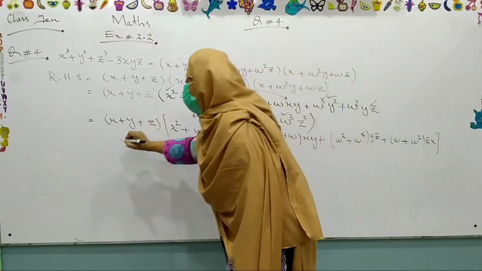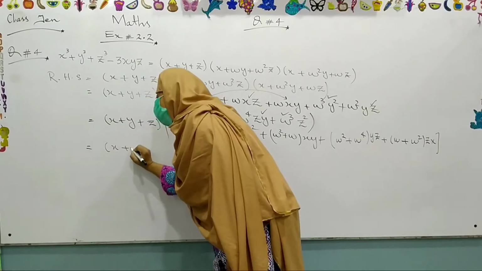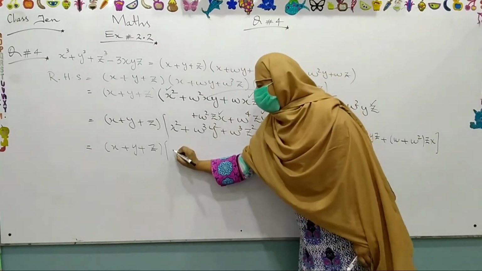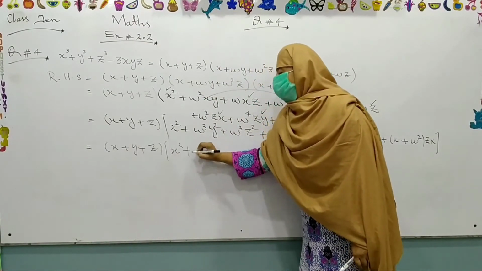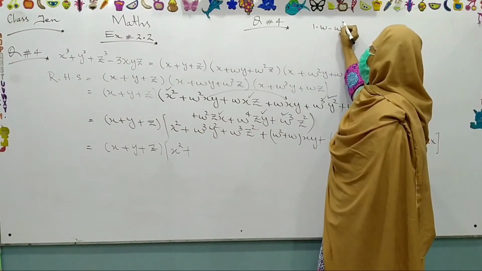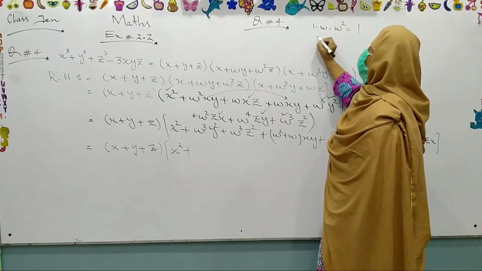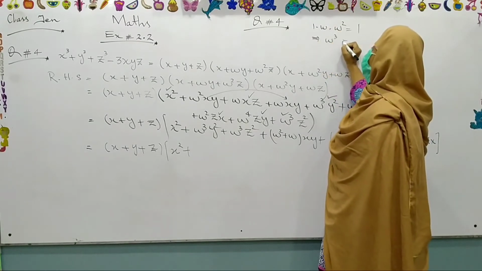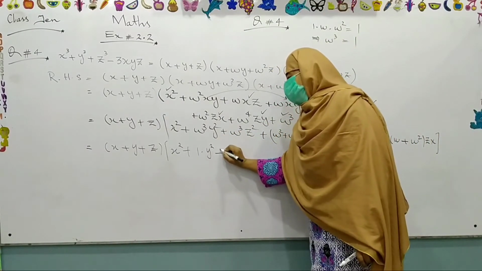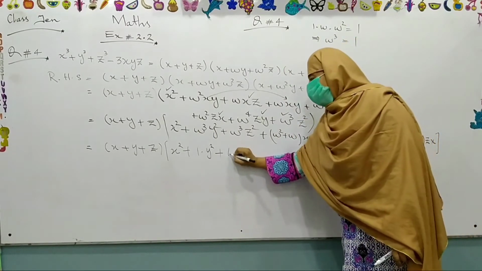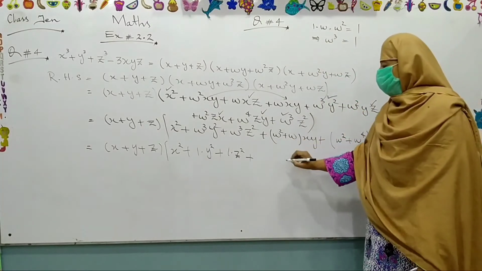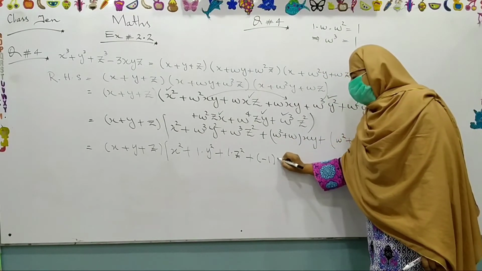Now, what is this one? I will write this term as it is. And next, x square will remain as it is. What is omega cube? You know, the product of cube root of unity is 1. So, omega cube is equal to 1. I will substitute here 1 into y square plus omega cube is again 1 into z square plus, what is omega square plus omega? It is minus 1 and here xy